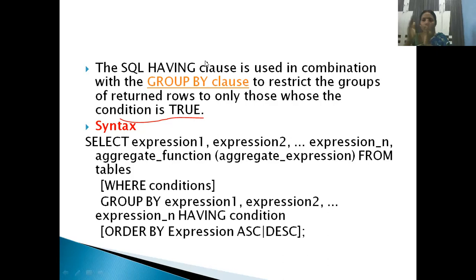That means, first of all, I want to divide them into groups, and on those groups I want to apply a condition. So till now, whatever the WHERE condition is, wherever you are using a condition, you are writing the WHERE clause. Yes or no? Now the WHERE clause will be applied on the table data. Similarly, the HAVING clause is also applied on the table data. But HAVING is used when you are dividing the data into groups only.